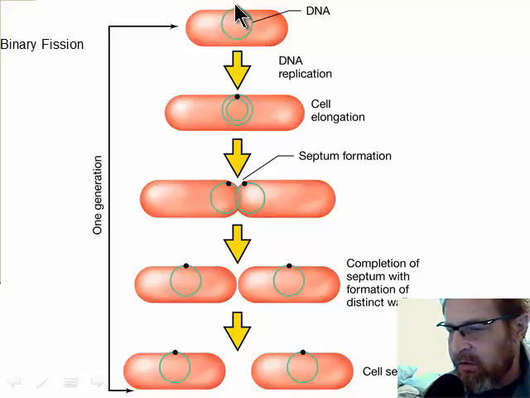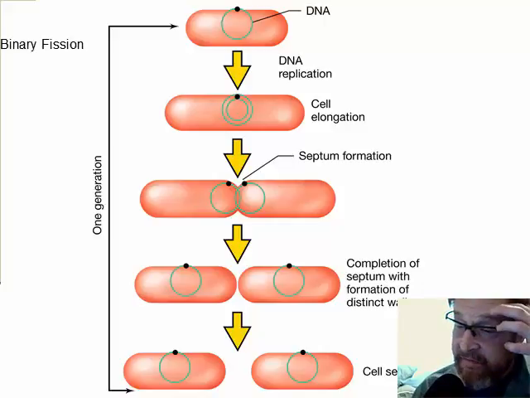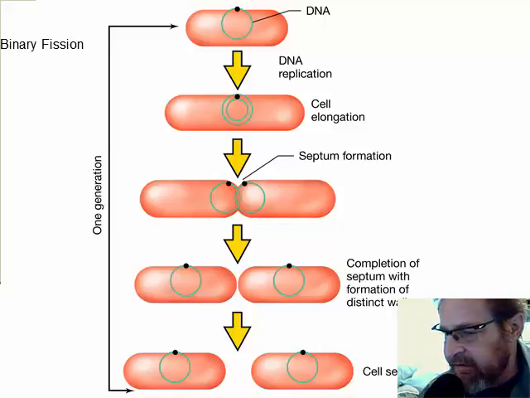And at the same time, the cell will elongate some. We'll next get a septum formed where a wall is being built between where the two cells will come from. We finally have a completed septum, giving us two completely different cells,